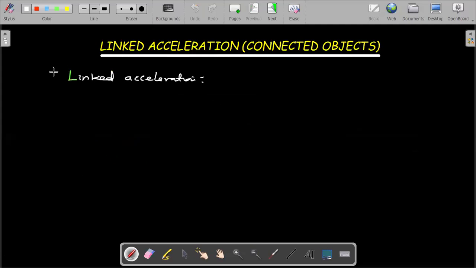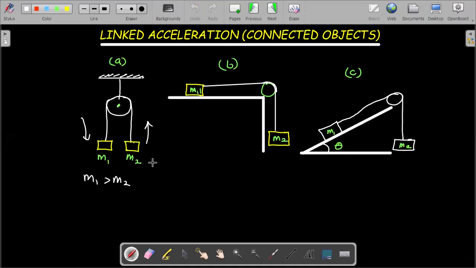Now, another concept that must be very clear is the concept of tension. Because those are the terminologies we use as we move on into the concept. Now, what do we mean by tension? We say tension is the pulling force transmitted through a string, a rope, or a cable. For example, let's go back to this system. Looking at this system,